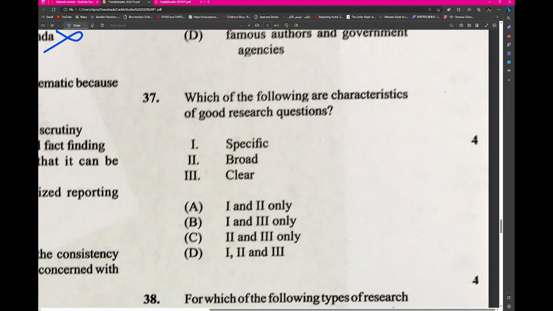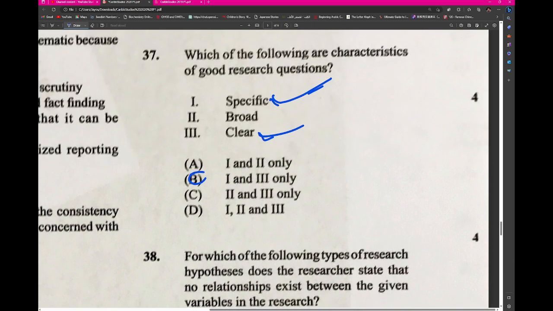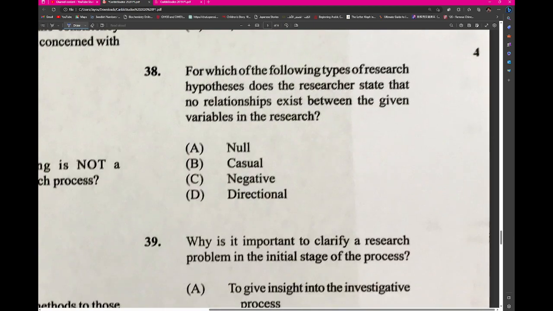Which of the following is the characteristics of good research questions? Specific and clear. We don't want it to be broad. 1 and 3. Well, do we want it to be broad? No. 38, which of the following types of research hypotheses does the researcher state that no relationships exist between the